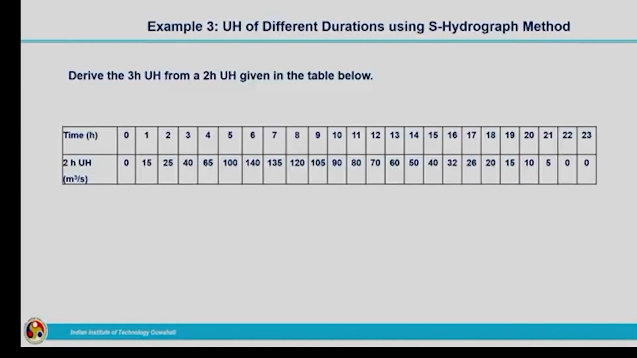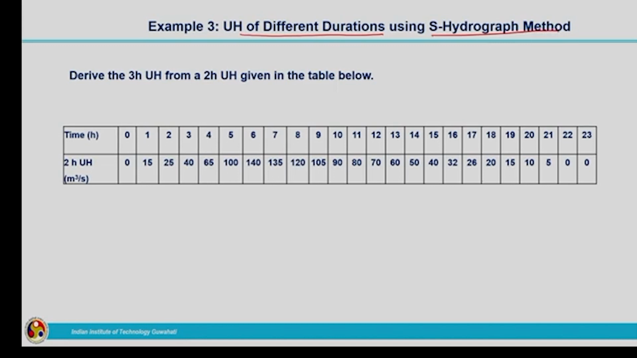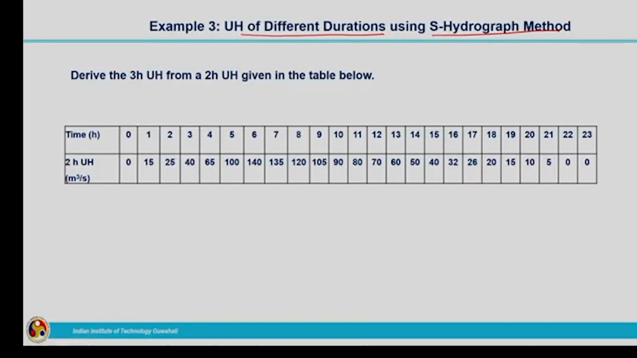Now, we will move on to the third example, that is related to unit hydrograph of different durations using the S hydrograph method. Definitely, a unit hydrograph of different duration can either be obtained by this S hydrograph method or the superposition technique. So, here the question is, derive the 3-hour unit hydrograph from a 2-hour unit hydrograph given